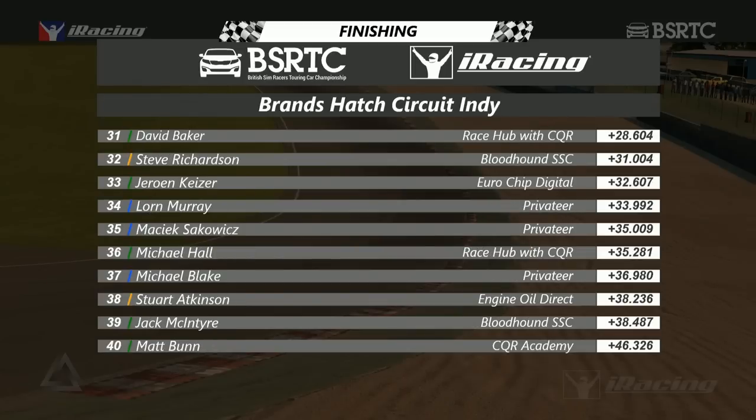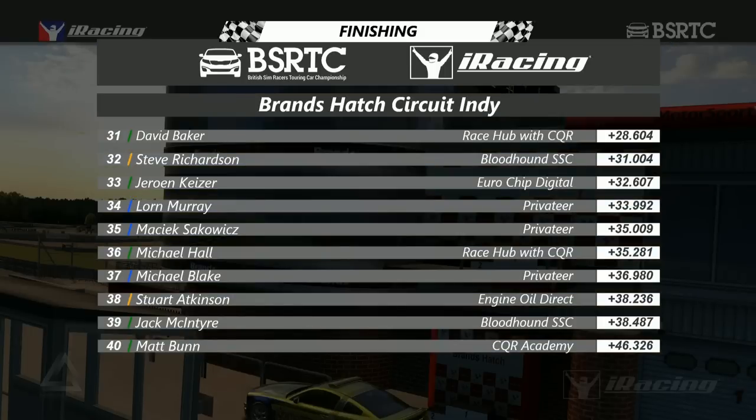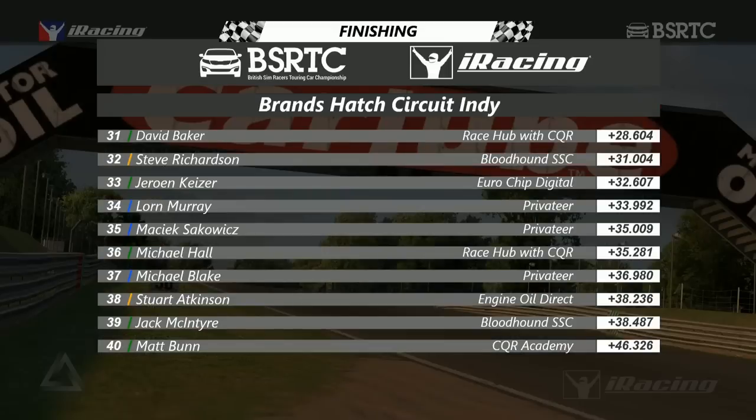31st David Baker, he started at the back after that penalty carried over from Watkins Glen, so he finished 31st from 44th. Steve Richardson 32nd, 33rd Jerome Kaiser, 34th Lorne Murray, 35th Diego Melro, 36th Michael Hall, 37th Michael Blake, 38th Stuart Atkinson, 39th Jack McIntyre, 40th Matt Bunn, and then as we were saying, the cars 1 lap down